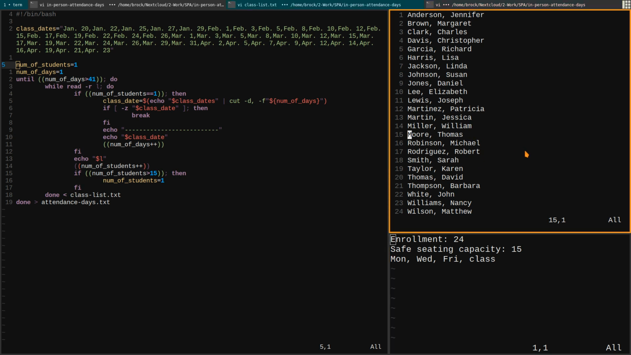So right here up above, I have a fake roll sheet. I've pulled some names from online of 24 students, just like my current enrollment with Spanish 102. And so here's my list. And I wanted to figure out a way to do this. And I kind of imagined,